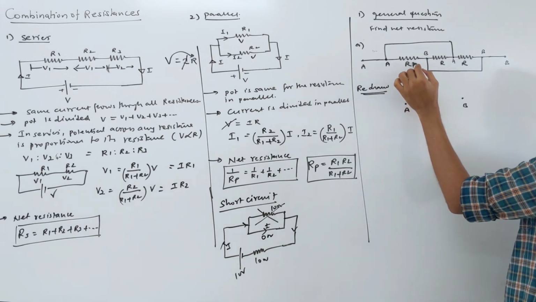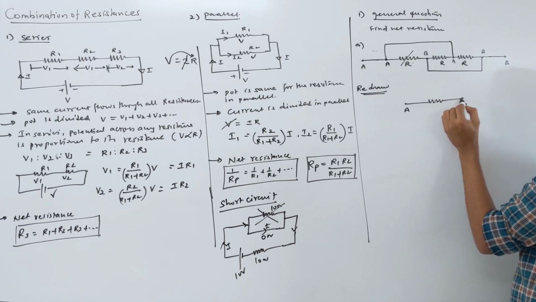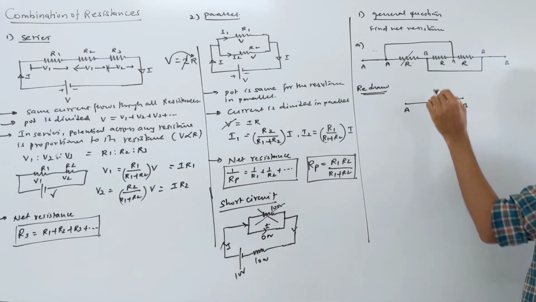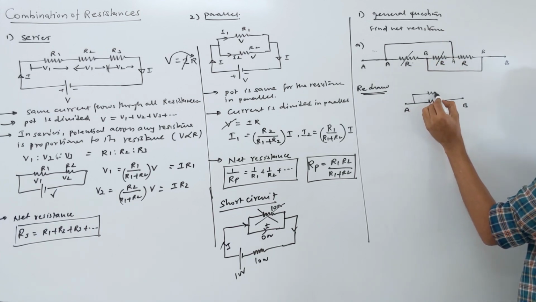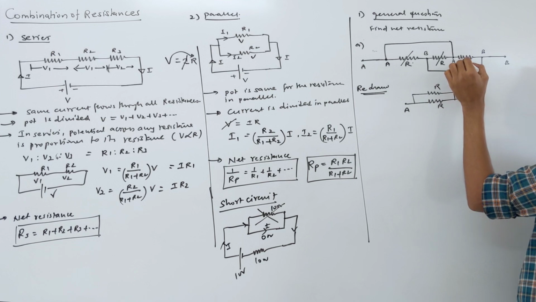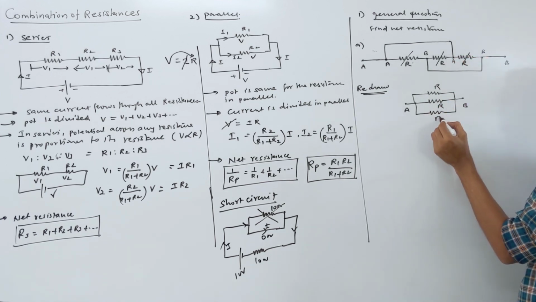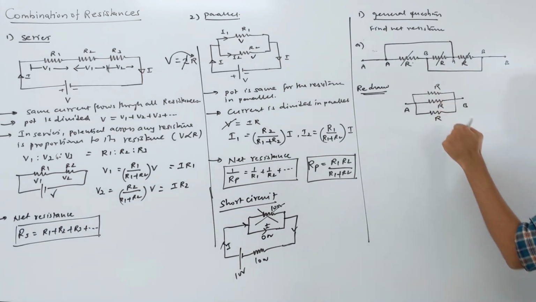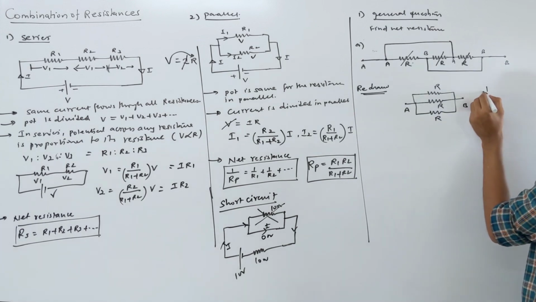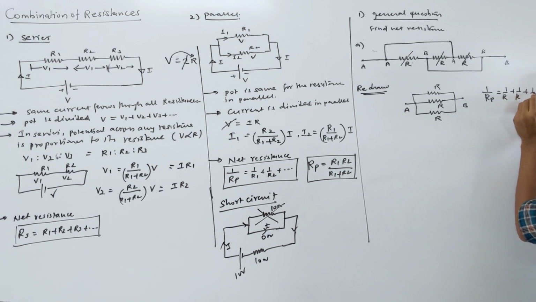Then look here, where is R connected? This resistance is connected between A and B. So it's connected here, R, right? Where is this connected? This resistance between B and A means the same, connected here only. This also is connected R here. Where is this connected? A and B, so it is also connected here only. It means all these three resistances are connected in parallel, right? Now, parallel means what is the answer? Yes, so 1 by Rp, the shortcut if you know is okay: 1 by R, 1 by R, 1 by R, so Rp becomes R by 3.